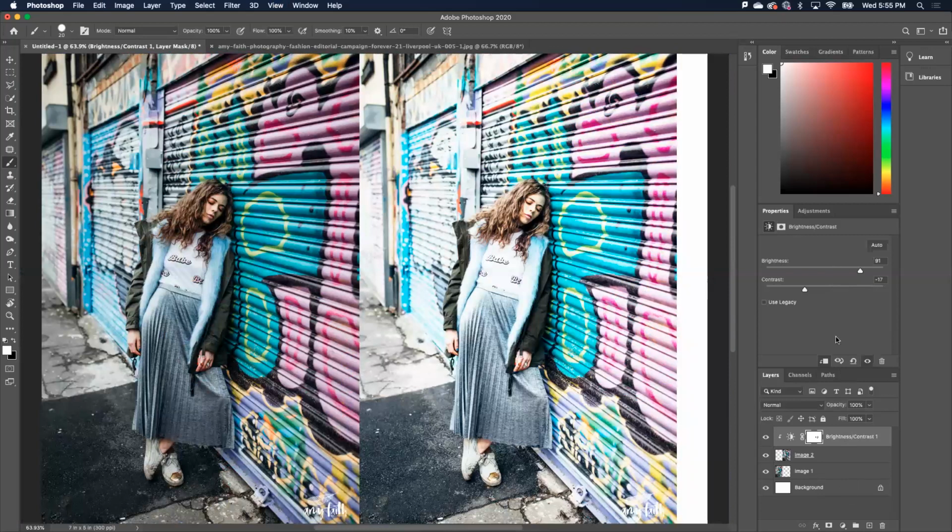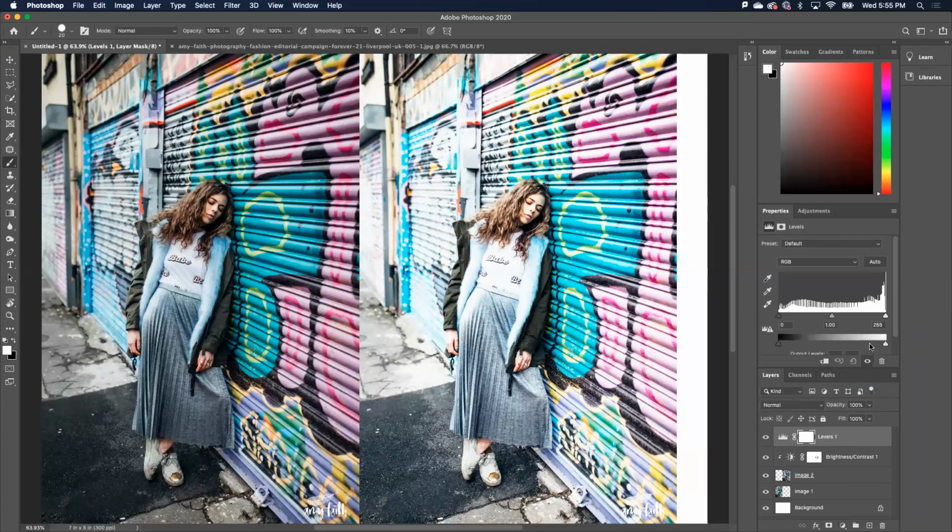So we just explored brightness, contrast. We've seen how to clip it. Let's go ahead and explore some of those additional options too. I'm going to open up levels. Levels, again, it's going to work with the amount of brightness and darkness that you have in an image. Before I do any edits, I'm going to make sure that I clip this. I'm going to hit this option here to make sure that it's clipped to image 2. You'll also see this little arrow pointing down, meaning that it's clipped. If that arrow isn't there, then that edit is going to be applied to everything else. So you want to make sure that you see that arrow if you want to make sure that it's clipped